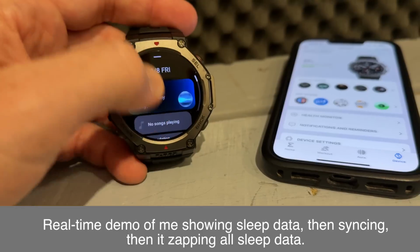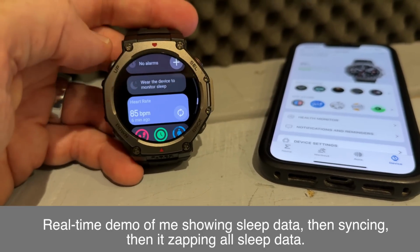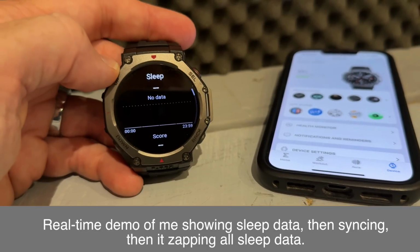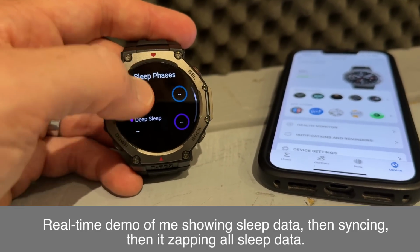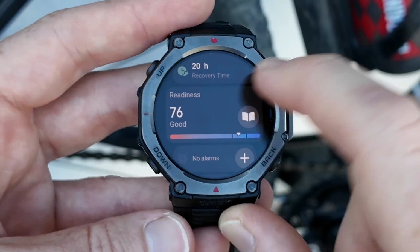I did a bunch of searching on Reddit, and it turned out this has been an issue for years. So I went back to Amazfit and said, hey, what's up? And they did a bunch of digging and basically just shrugged at the end of the day and said to go ahead and delete the app off my phone and reset my watch, and maybe that will work. And sure enough, it did work, but come on, that's a pretty big issue to have around for years and just go shrug. But in any case, once we got past that, we can start looking at not just that sleep data, but